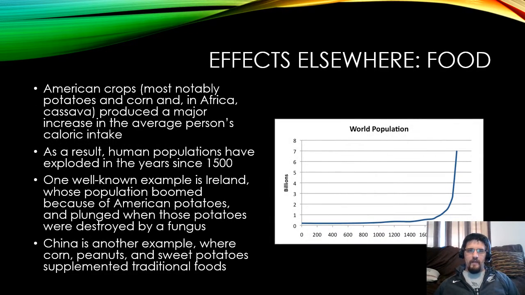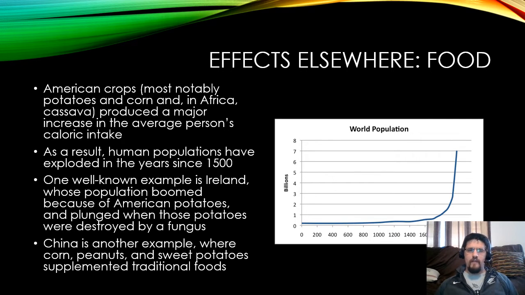So, what about elsewhere? We're actually almost done, by the way. American crops actually produced a major increase in global caloric intake. And the result of that is a population explosion all around the globe. The crops in question, you have potatoes and corn, as well as in Africa, cassava, which is a plant that you're probably most familiar with if you're familiar with it at all,